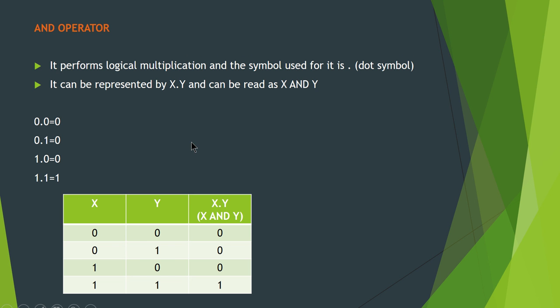Okay, so what is the logic of the AND operator? Only when both the conditions are satisfied, the output is high. You can think of our voting example. Are you an Indian citizen? Yes. Is your age greater than 18? Yes. Only when both the conditions are satisfied, you are eligible to vote.